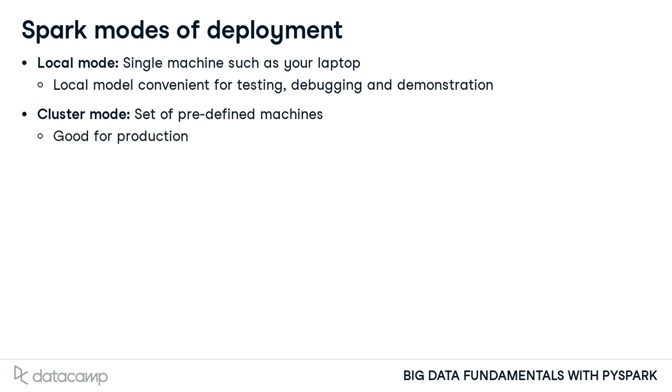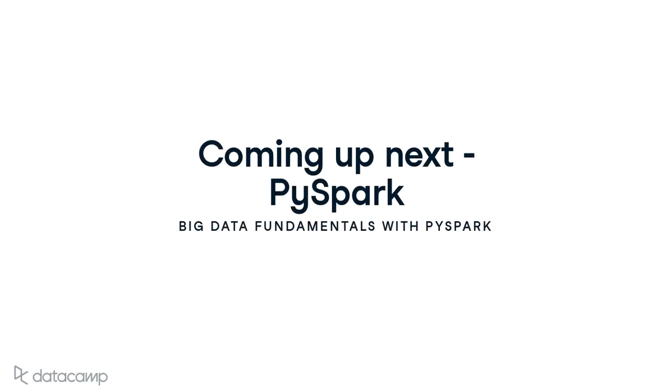The development workflow is that you start in local mode and transition to cluster mode. During the transition from local to cluster mode, no code change is necessary. In this course, you'll be using local mode. In the next video, you'll learn about PySpark, which is the Python API